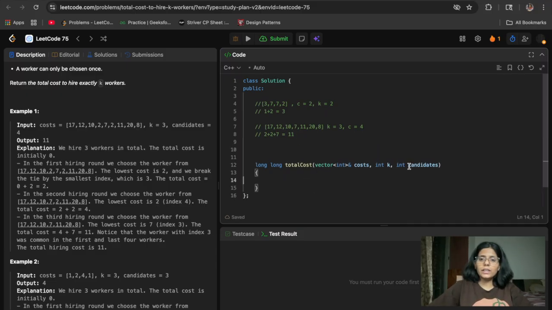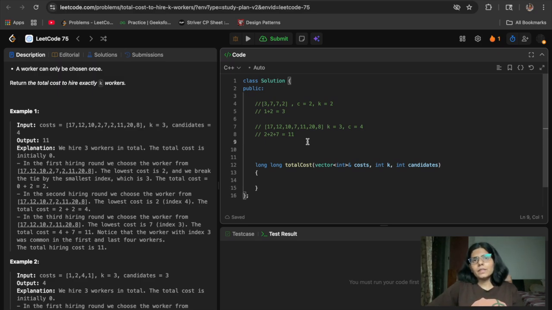This is basically a window, and k workers we need to hire. So how can we solve it? We take the first k, then the last k, take the smallest one from the first k and the smallest one from the last k, whichever we take, and then we take the next one. If I took the smallest one from the first 4, I need to increase the window for the first 4, not for the last, because in the next window the last 4 will be the same.